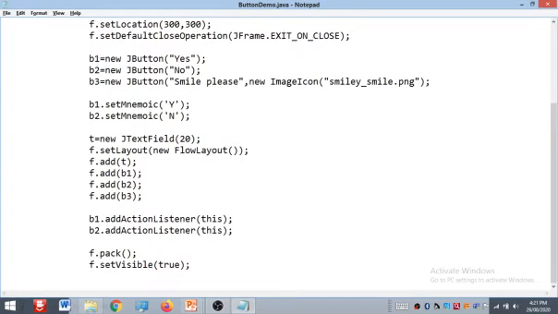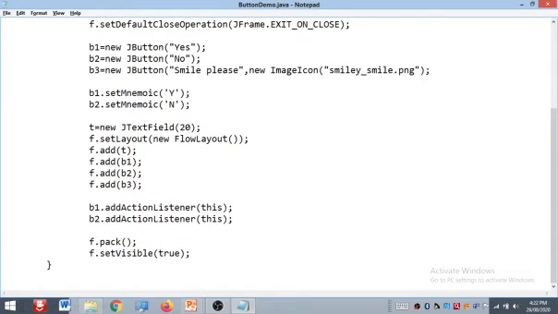Close this constructor. Now, whenever there is any event, we handle it by using the action listener. We register it by using the add action listener method. So we have to implement that, and for that we use actionPerformed.